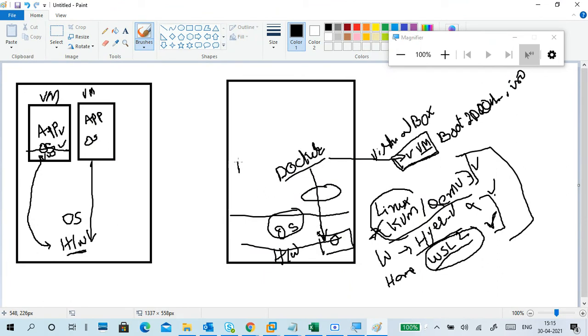So in Docker, anything is in the format of images. This is an image. What is this image? The image can be an application, or an operating system is also possible, or it can be a file like that. So what you have to do is run it.